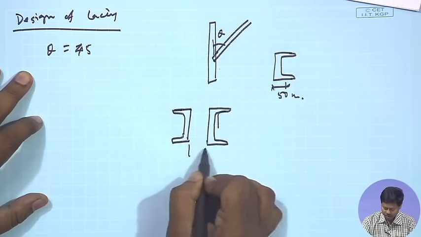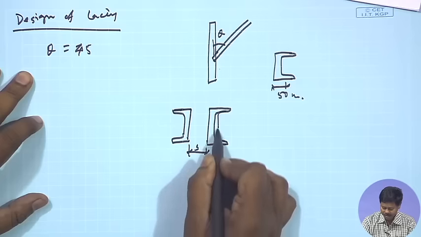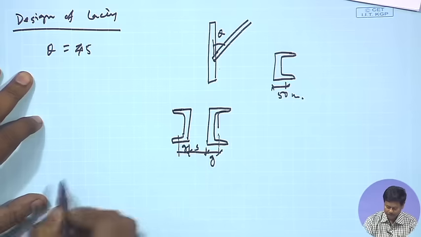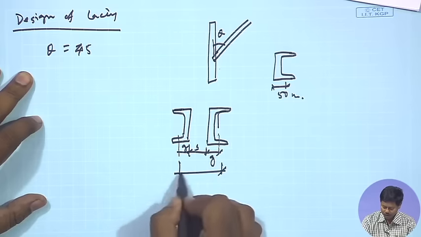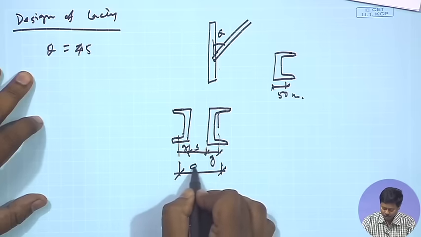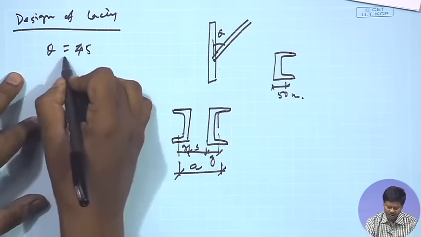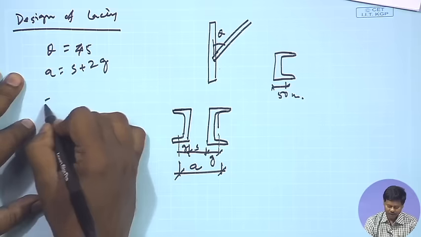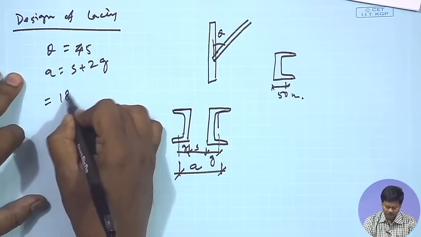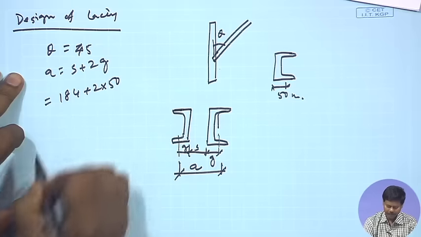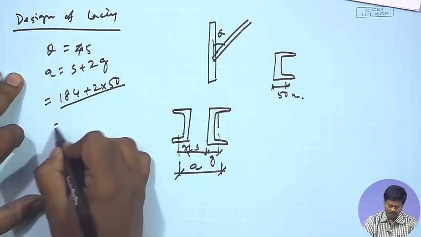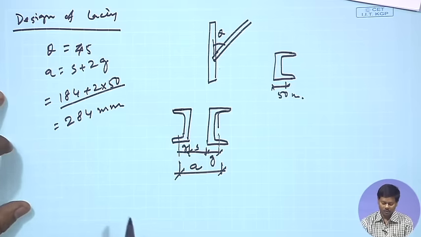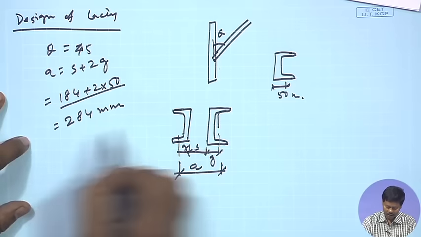can be found now. This is S and this is the bolt distance, this is G and this is G. So the distance between the bolts, center to center of the bolt, which is called A in general, this A we can find out as S plus 2G. So that will become 184 plus 2 into 50, right. So this is what we will find out, that means 284 millimeter. Right. Now, once we find out A, we can find out